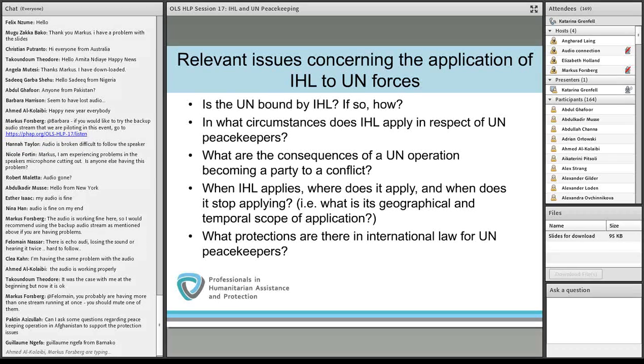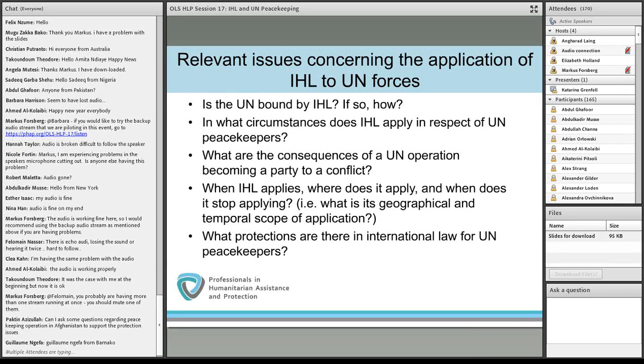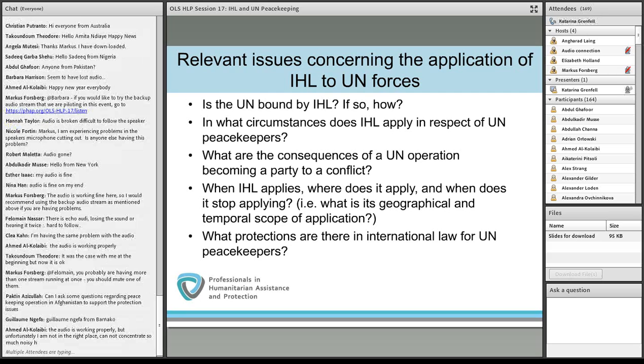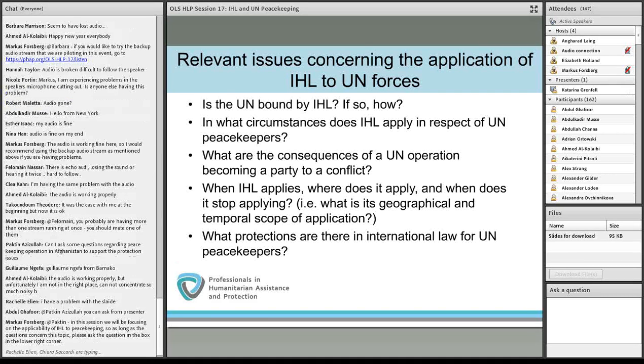The requirement that UN forces comply with IHL also has a number of other practical consequences for the organisation. And just briefly, these include the obligation of providing training of UN peacekeepers in IHL, the obligation of ensuring the proper conduct of peacekeepers when they're deployed in UN operations, including proper application of the rules of engagement of the operation, the application of the human rights due diligence policy to ensure that when UN forces provide support to national armed forces, the UN doesn't in any way aid and abet violations of human rights law and international humanitarian law